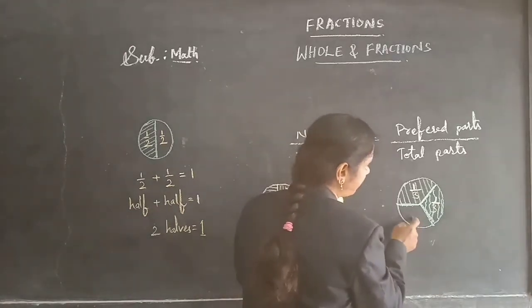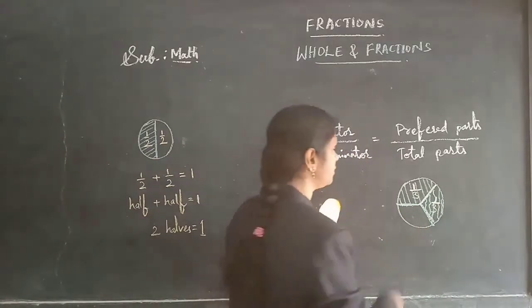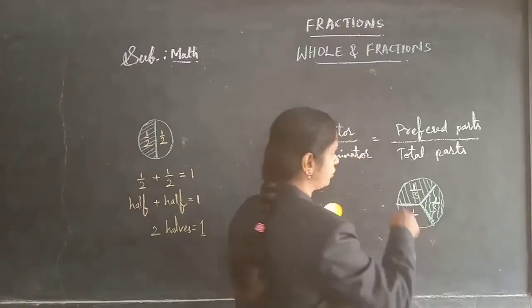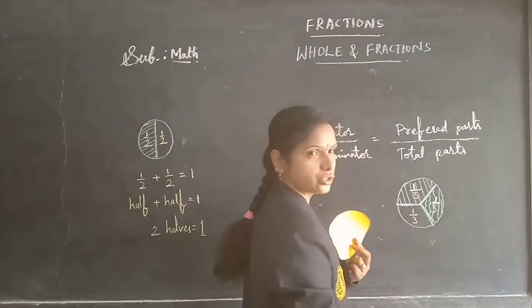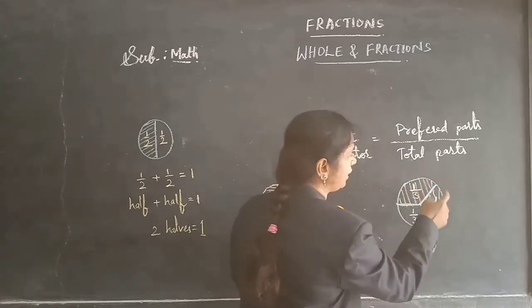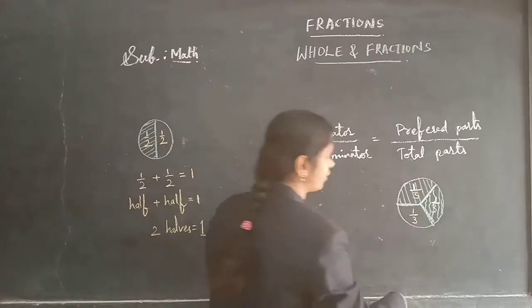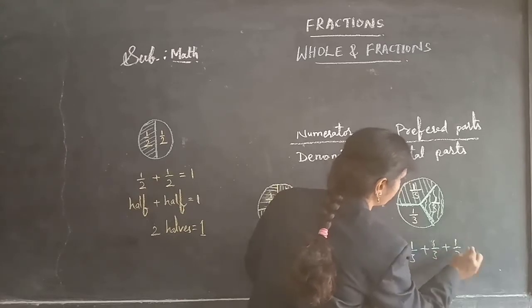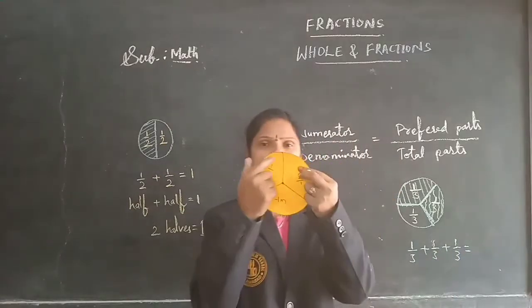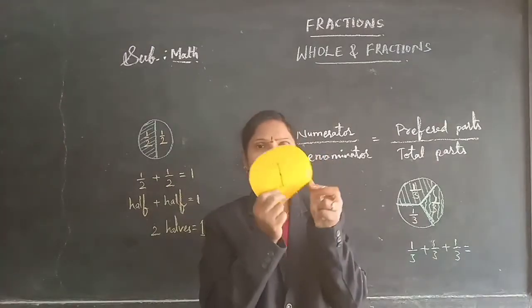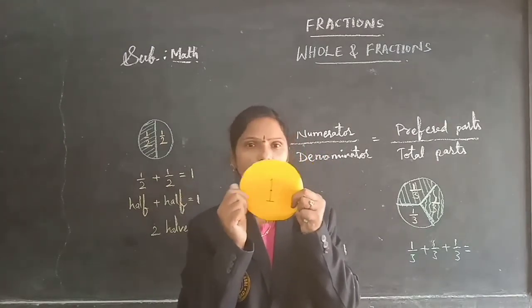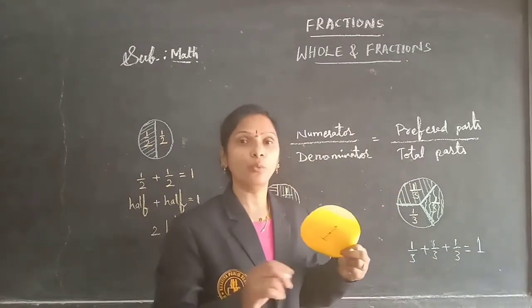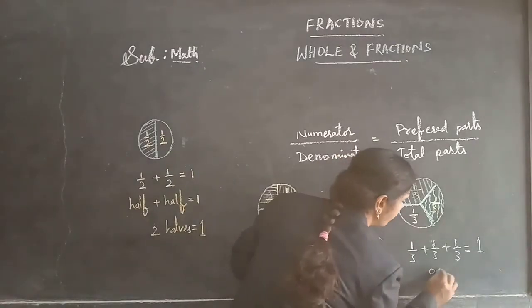Now here the plain part, what is the fraction for the plain part here? Which are unshaded here. So one part unshaded and total parts are 3. So 1 by 3, 1 by 3, 1 by 3. When I am joining that 1 by 3 plus 1 by 3 plus 1 by 3, these 3 parts, I can make it one whole. Okay. So how can we write 1 by 3? Nothing but in words, 1/3.